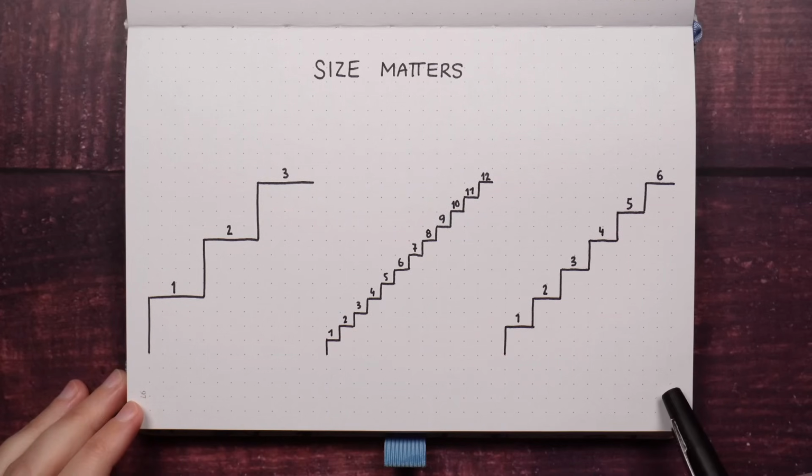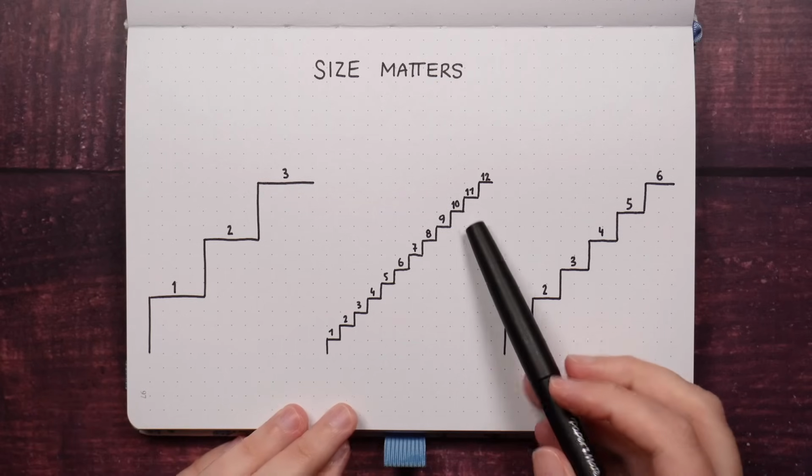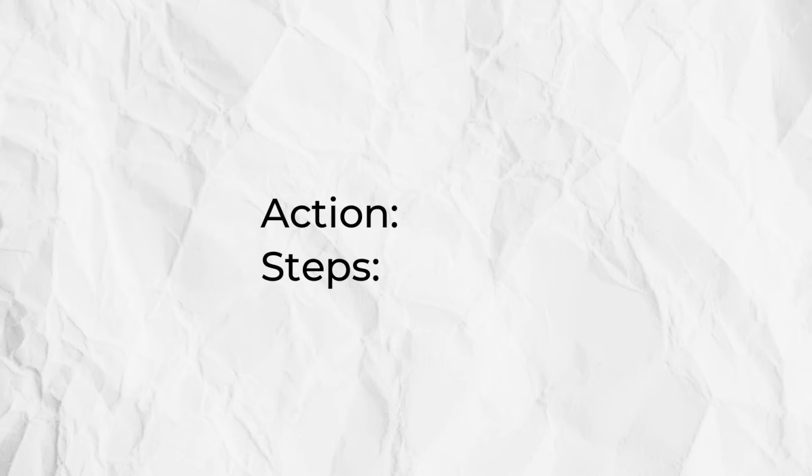But we can also make it overwhelming by breaking things down into steps that are just too small, which means we have to write them all out and do them all and check them all off, and we could have just saved some time by writing it in a simpler way. Now, as we know that we need to break our goals down into action steps, so they need to be doable, actionable, and also steps small enough that they're not too overwhelming, how do we actually figure out what action steps are going to be relevant for our goal?